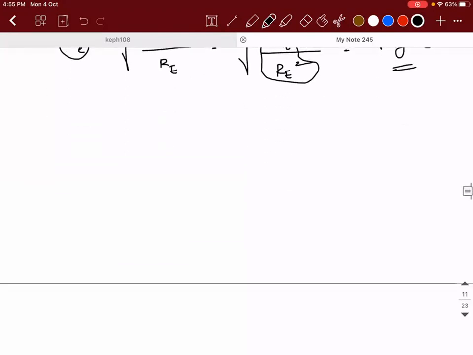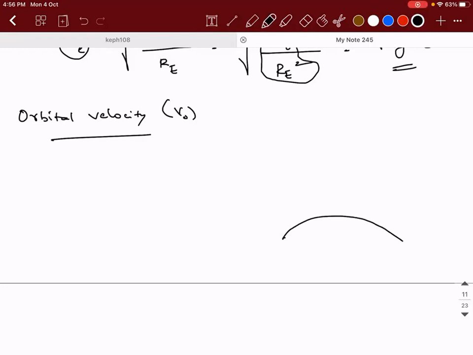Next is orbital velocity. Are you guys there or not? Yes, sir. Now, we know about satellites, right? They mainly help us in the communication. All these wireless devices we are able to use only because of the main thing of satellite, right?